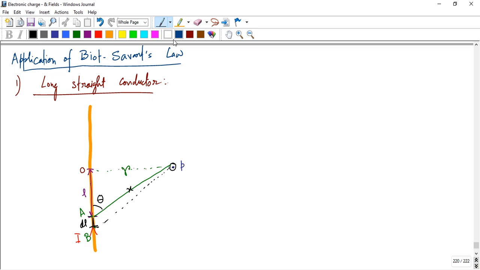From Biot-Savart law we know that the magnetic field dB at point P is equal to mu 0 upon 4 pi I dl sin theta, where theta is the angle between dl and the line to point P, divided by